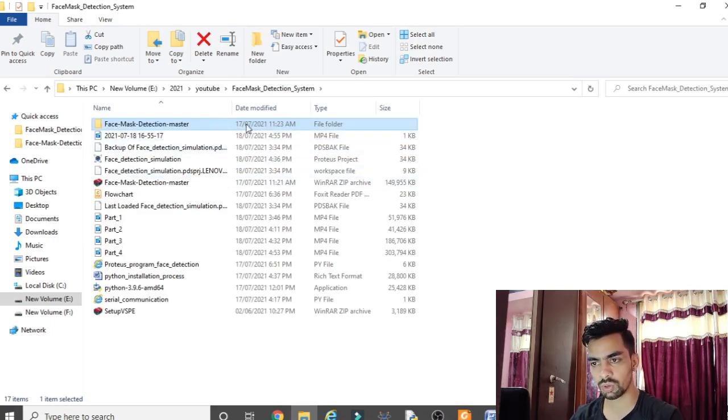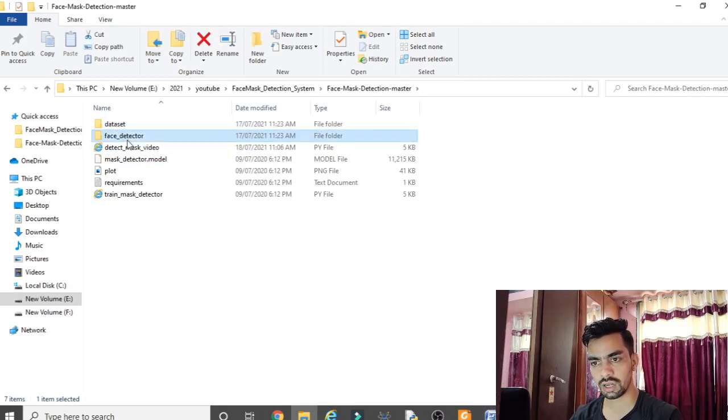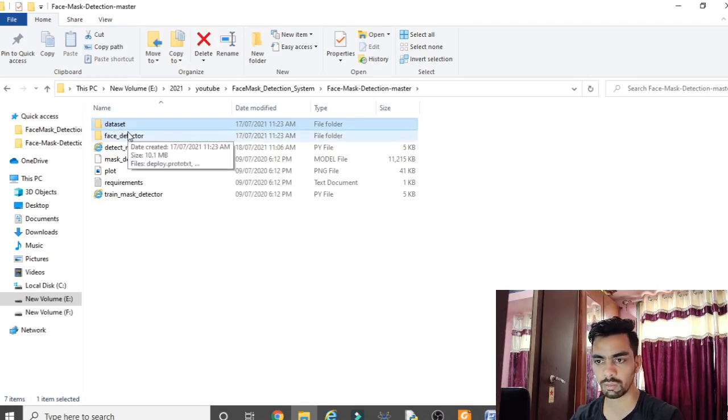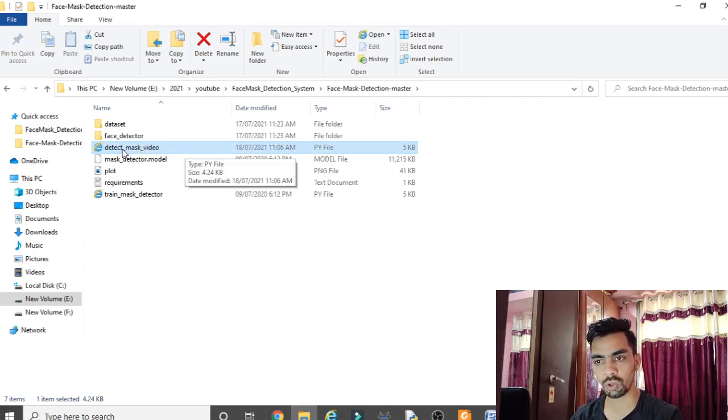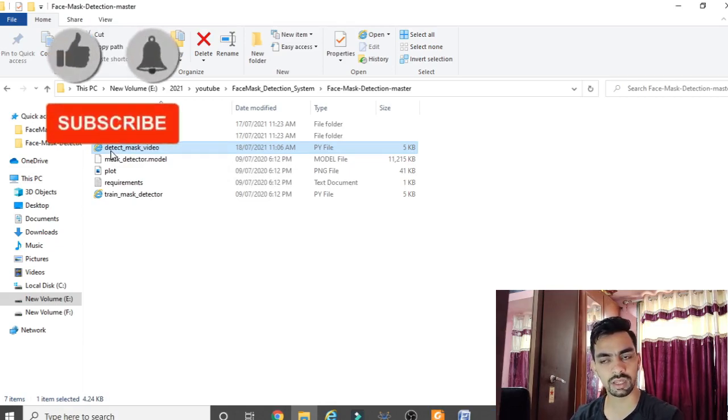Once you download this folder, you can find many files inside it. The most important file is detect mask video. It is a very important file. In this file only we have detected the face mask. Also we have sent the data to Proteus.